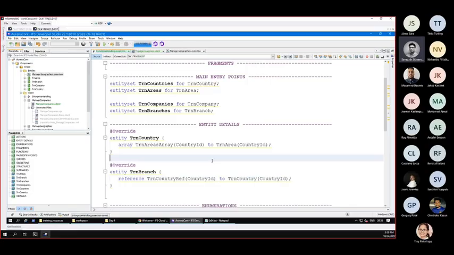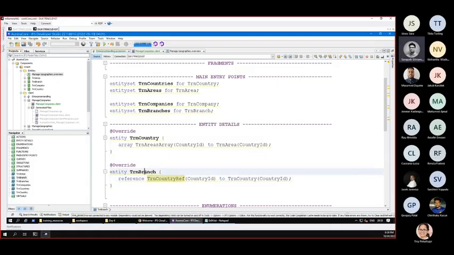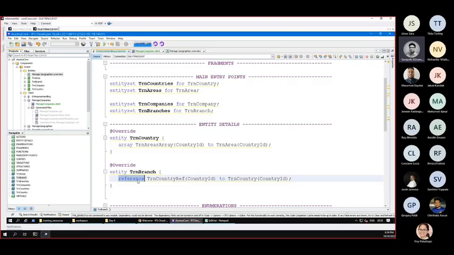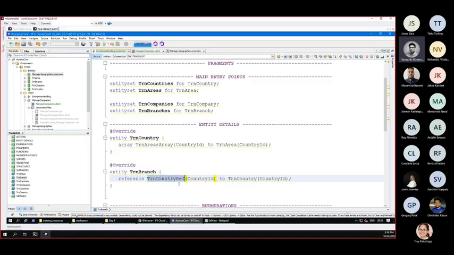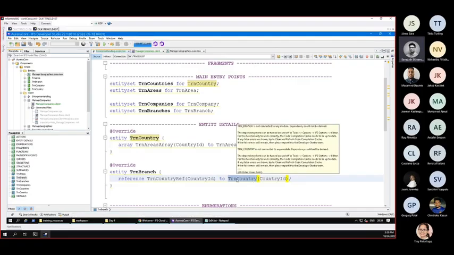So what does this do? So what we are doing is, when you override, you add things to the certain thing you are overriding, isn't it? So what I'm saying is that I'm overriding the entity TRN branch, and I'm adding this thing called a reference. And what I'm saying with this reference is that, okay, there's a reference called TRN country ref, and then I'm telling that there's a connection between the TRN country entity and this TRN branch. The way this connection is figured out